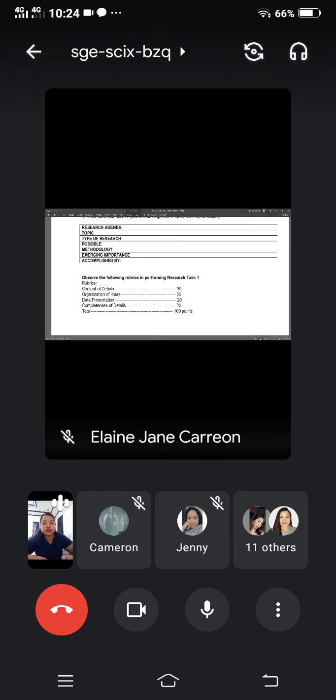So, pwede na siguro yon. So, yung isang research agenda, dapat per group na yon. Tapos, it consists of 5 or 4 members. Tapos, 7 lang ang matatanggap ko na papel. So, mag-usap-usap kayo. Yung mga hindi masyadong nakikipag-cooperate, don't worry. May kalalagyan kayo pagkatapos nito. Okay. Hindi pa doon natatapos. Wait lang, Kay. Hindi pa doon natatapos.